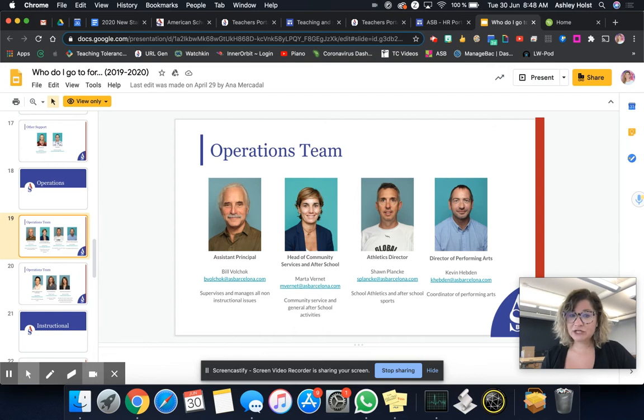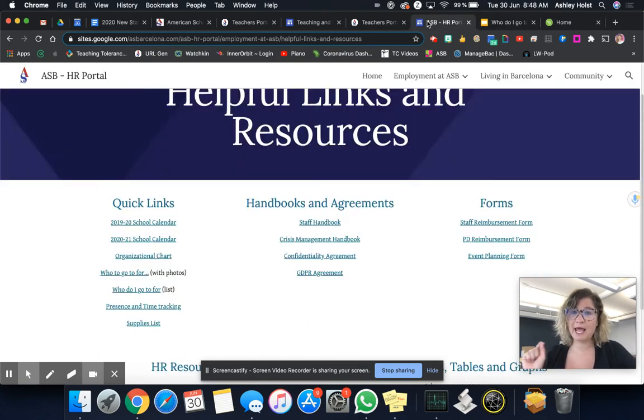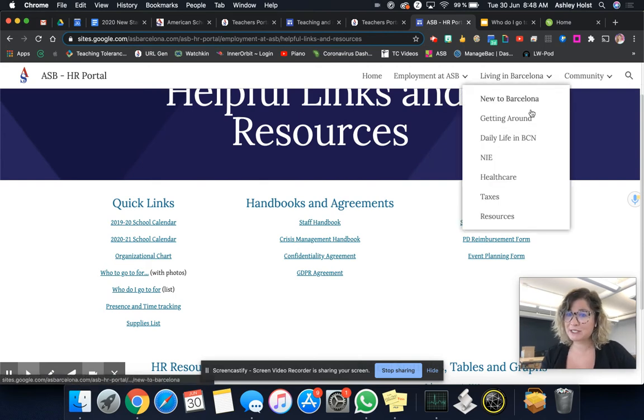It's a great idea to read through this, know who we have on our team, and also start to recognize the faces. That's going to help you with your transition here into ASB. So do mark down the ASB HR portal. Another page I want to direct you to there is Living in Barcelona. There's a lot of resources that people have put time and energy in collecting specifically for you and your transition